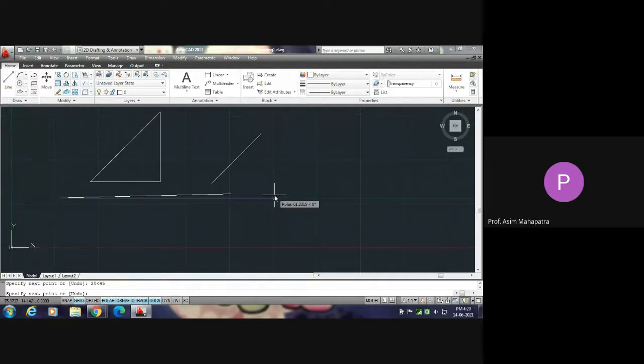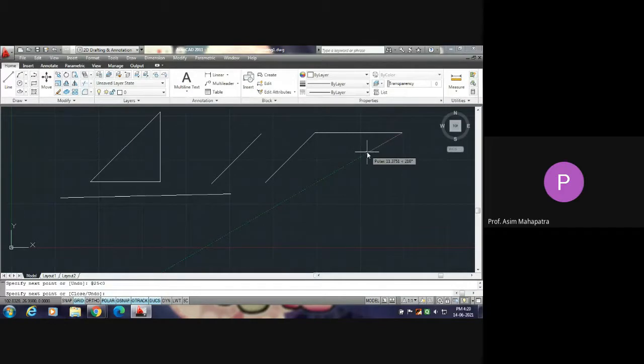So we have changed the setting. So I have to type the at the rate again. That's the first point. Now I am typing at the rate 20 less than 45, enter. Now I want the horizontal line of length, how much? 25. So at the rate 25 less than 0, enter.